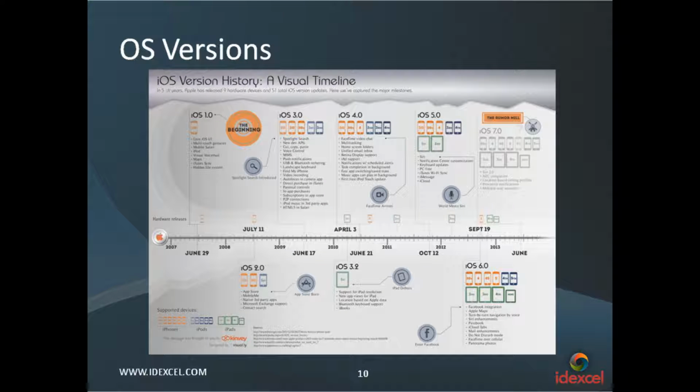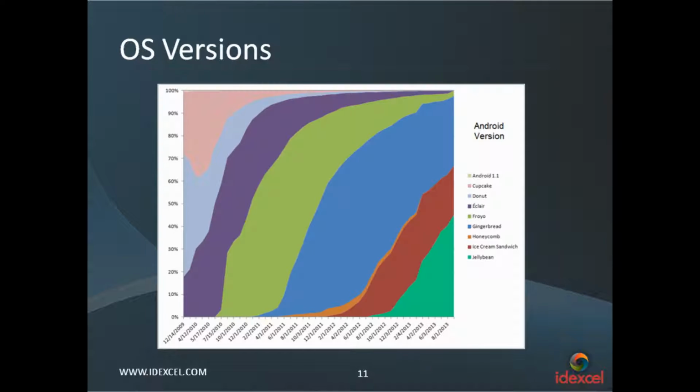Now we'll look at the OS versions. In the last 5.5 to 6 years, iOS alone has released more than 50 updates to the OS, the newest being iOS 7, which was released last week. And a similar trend is seen for the Android OS versions as well. If you look at the picture here, you will see that the OS version Gingerbread, which was released in 2011, still has 30% usage even to this day, which means older versions are also still in use in the market today with the consumers. So that makes it even more important for us to test with older versions of the OSs as well when we deploy your application as well as